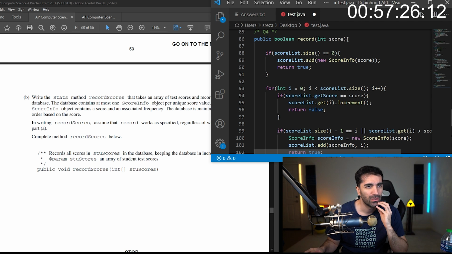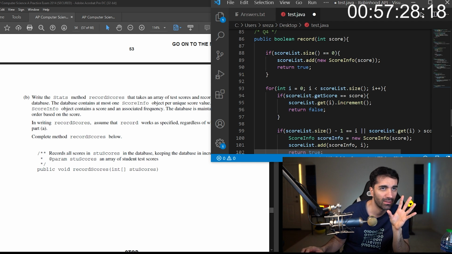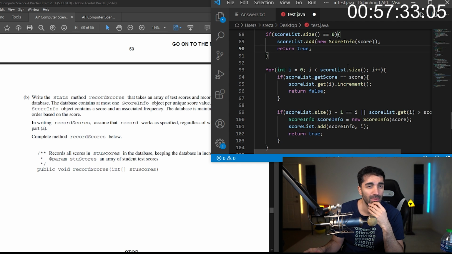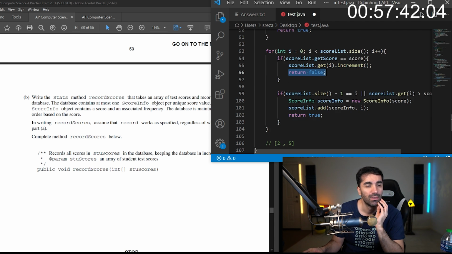So it works. If there are no elements, it'll just go in here and we're good. If there are elements, then if we ever get a match, we just increment it and we return false.